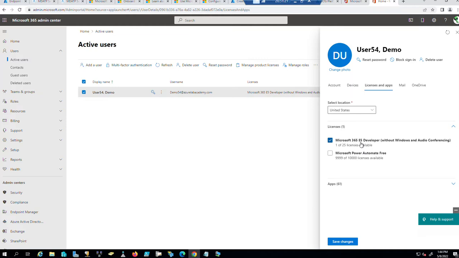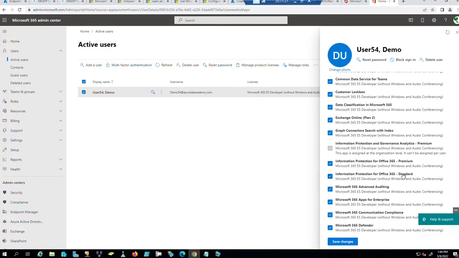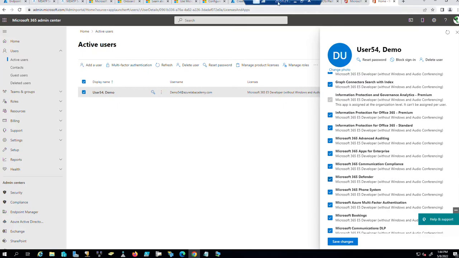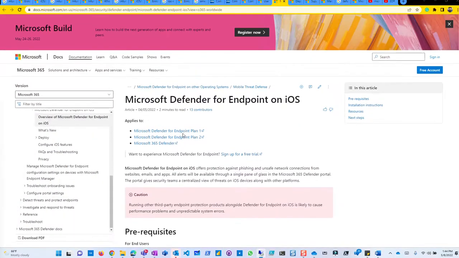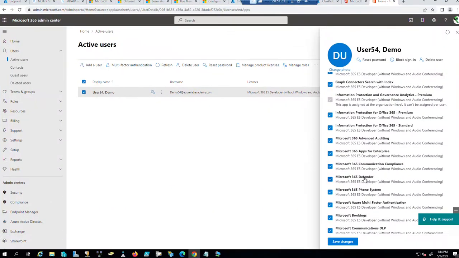I have a 365 E5 developer license, so that would cover it, because I have 61 services enabled. That should cover Defender for Endpoint as well. If you go back to that page, you have to have Defender for Endpoint plan 1 or plan 2, one of those. Let me see here. Microsoft 365 Defender. I have a license that covers everything, not just endpoint security. So 365 E5 Defender